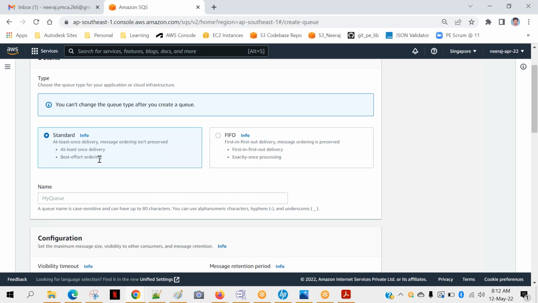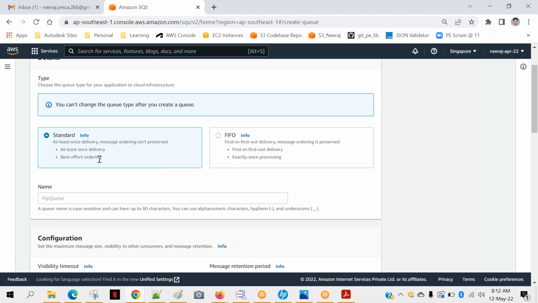If you are doing that multiple times instead of once, that's not good. So in some use cases, we strictly want only one delivery, and moreover, we also want the sequence of events to be preserved. You cannot mix them. So accordingly, we can choose